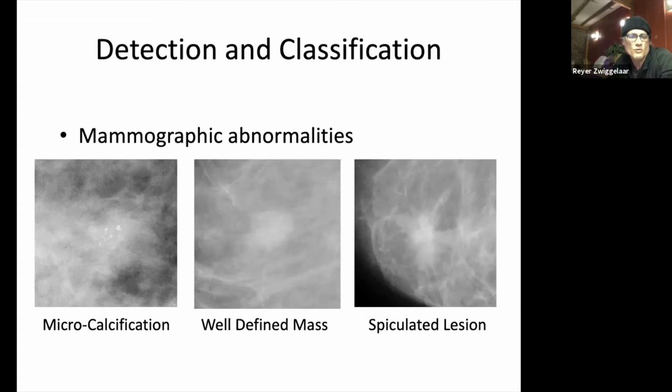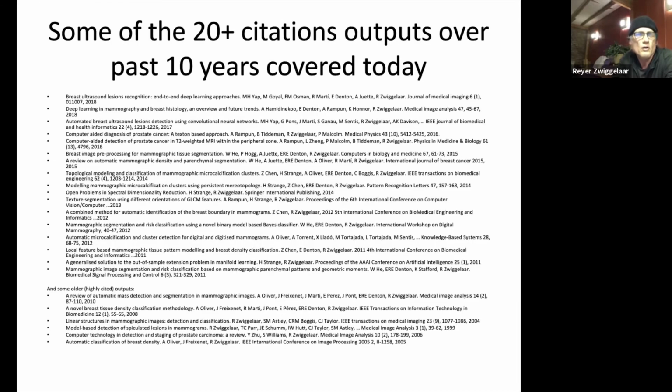In current clinical practice, a radiologist will spot these, and then decide whether there should be histology after this, in which case the patient is followed up. Most of the time, if there are abnormalities, unless they're clearly benign, there is follow-up, and histology is the gold standard. I'll talk more about histology later on because we've got projects around that as well. So that is the background, and clearly we've done some work on this in the past